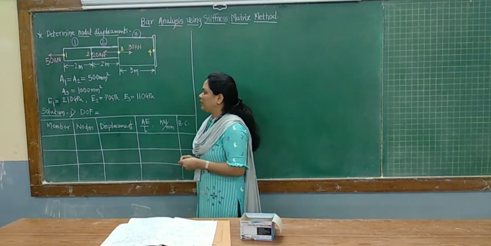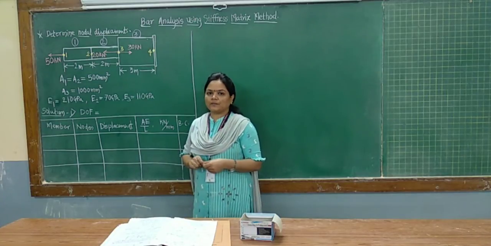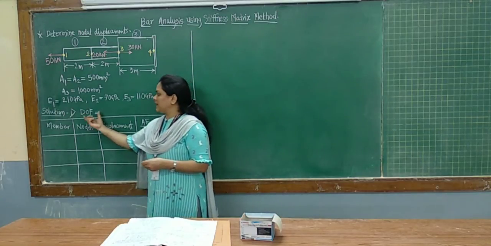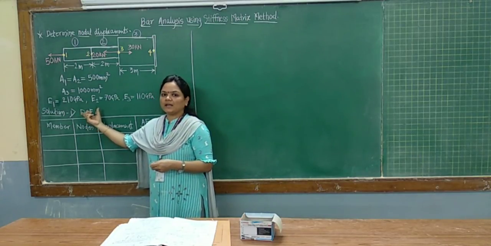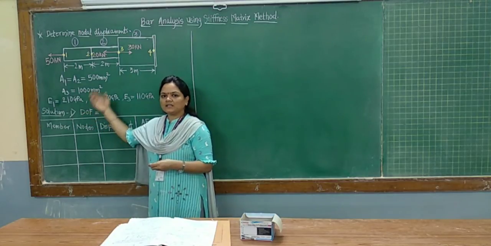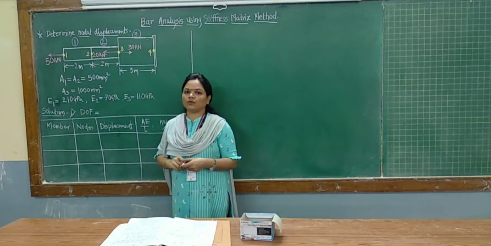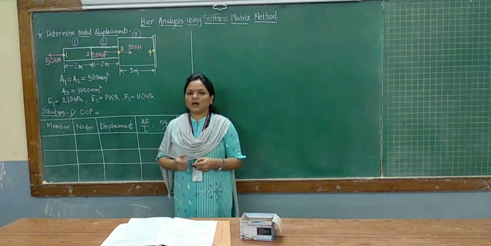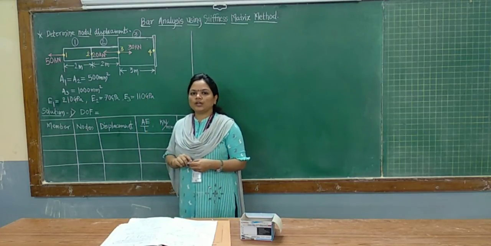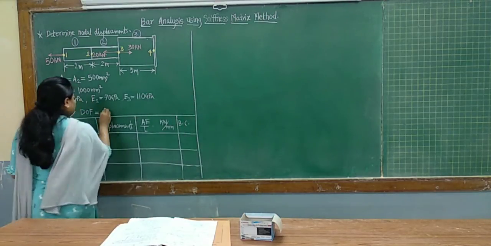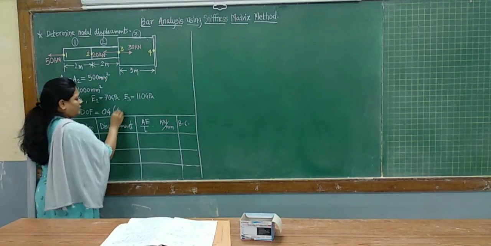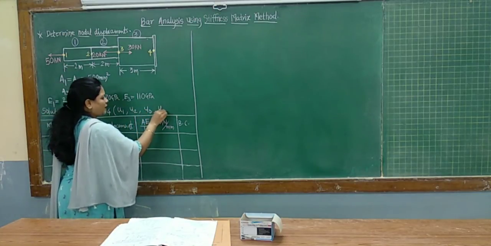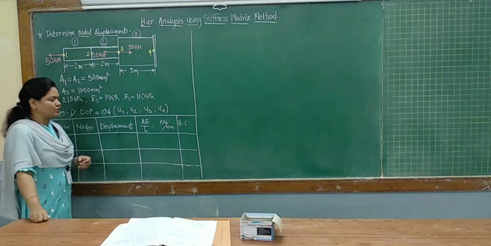So here we go according to the steps that we have discussed in the very first lecture of this unit 3, the stiffness matrix of bar element. First, determine the degrees of freedom, the kinematic indeterminacy. The degrees of freedom are the displacements at nodes 1, 2, 3, 4. For a bar element, the degree of freedom is 1 per node. As there are a total of 4 nodes, the degree of freedom will be 4. Write down here degree of freedom is equal to 4. In brackets you can mention those degrees of freedom: u1, u2, u3 and u4.